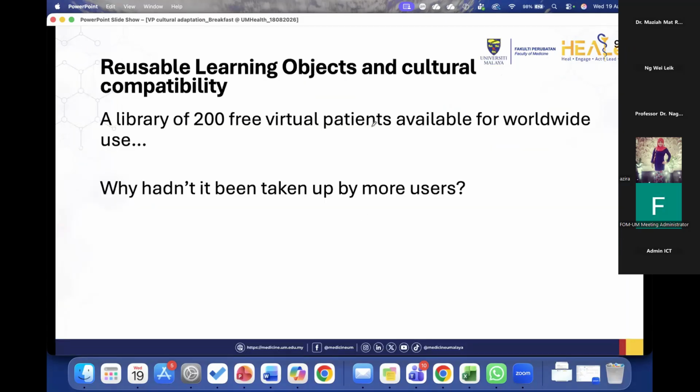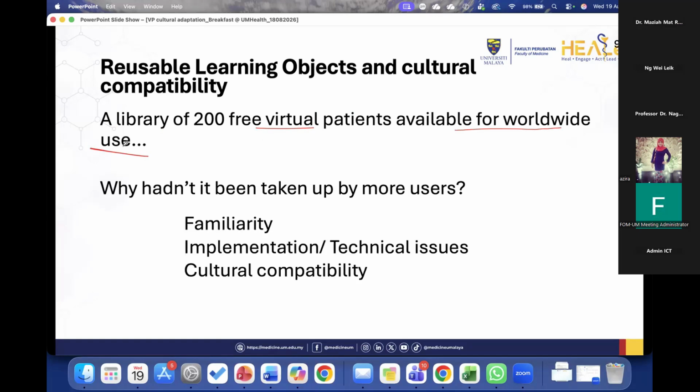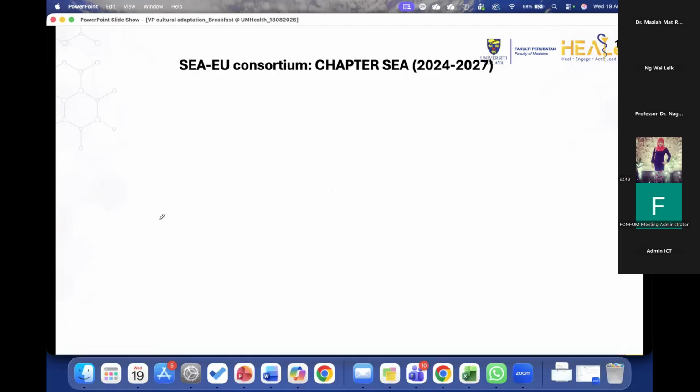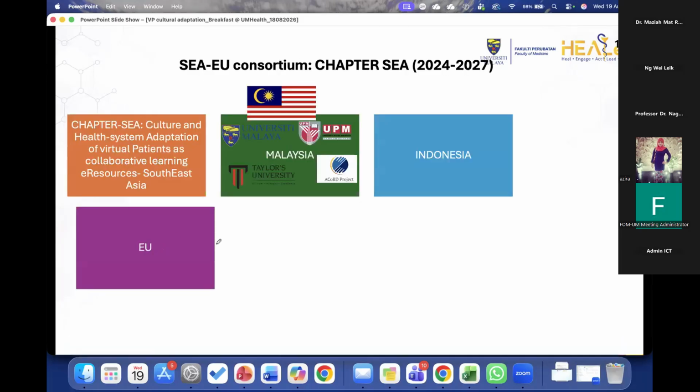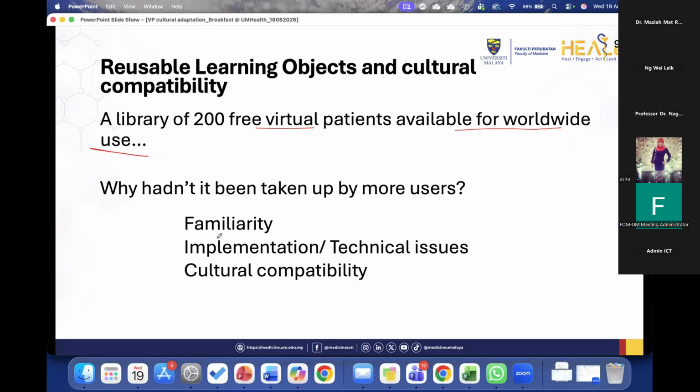But from here, taking from the last slide, the last point, where we have 200 free virtual patients available for worldwide use, the question is, why isn't it taken up by more users? I think many people who have not been part of this long running consortia would be unfamiliar with virtual patients. We would experience implementation and technical issues with using a software, as well as perhaps this idea of